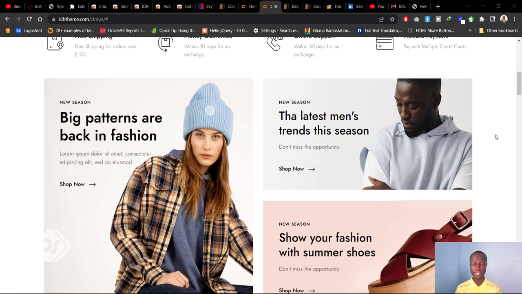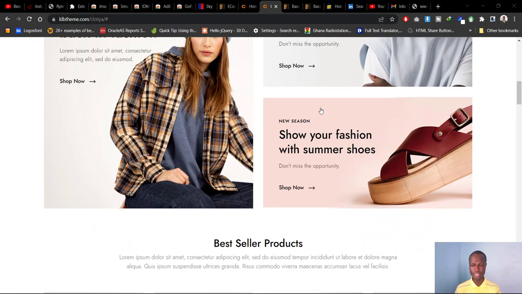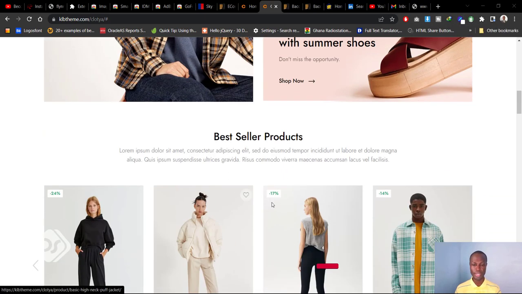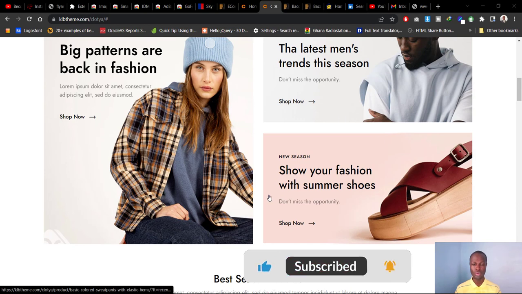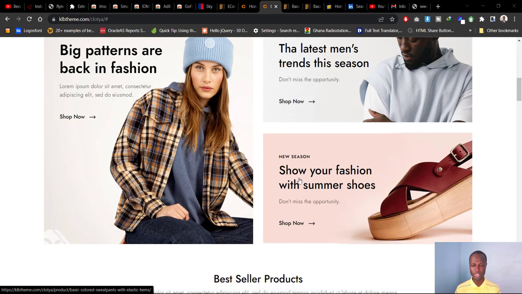So I'm back on the website we started with, and let's just say I like this color very much, but I don't know the color code. I want to pick this color and use it in the project somewhere. Now with my Smart Color Picker installed, I can pick any color code I want on any web page that I open. So if I want to pick this color,